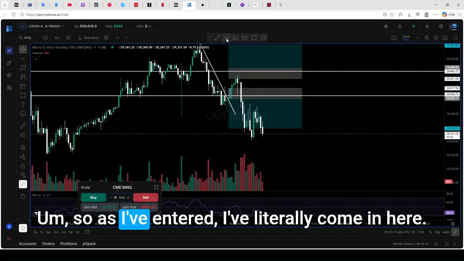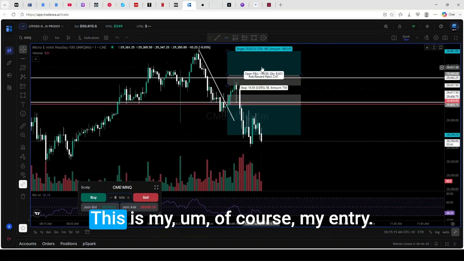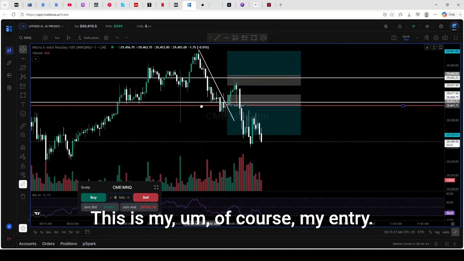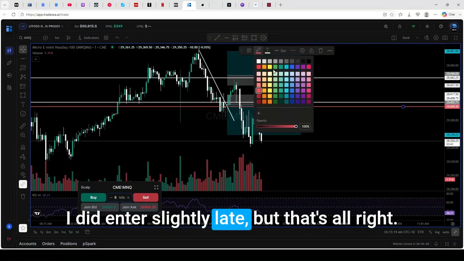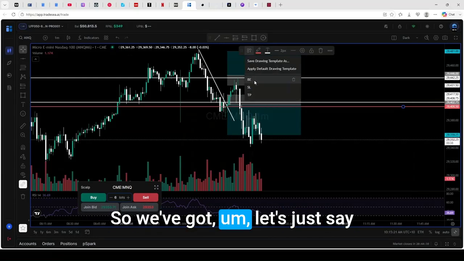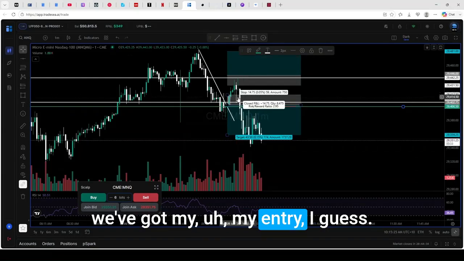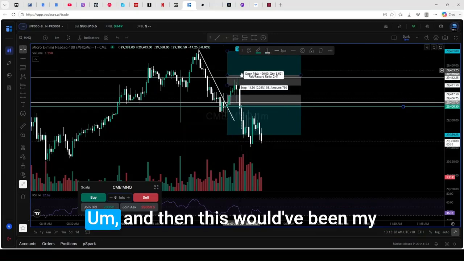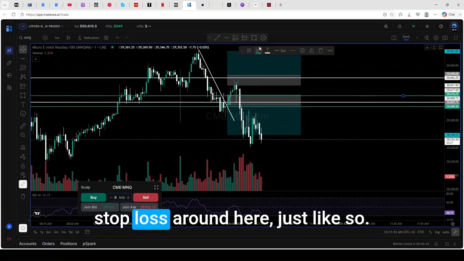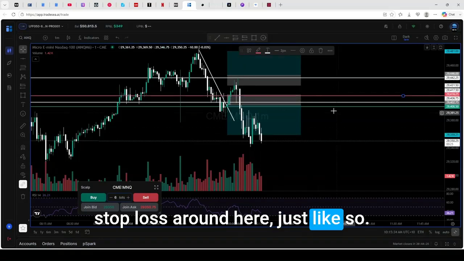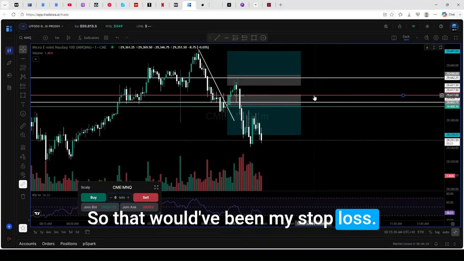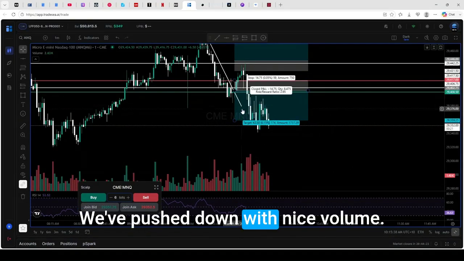So as I've entered, I've literally come in here. This is, of course, my entry. I did enter slightly late, but that's right. So we've got my entry, and then this would have been my stop loss around here, just like so. So that would have been my stop loss. I've entered in, cool, we've pushed down with nice volume,